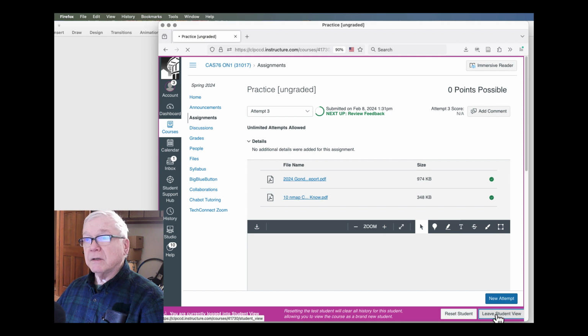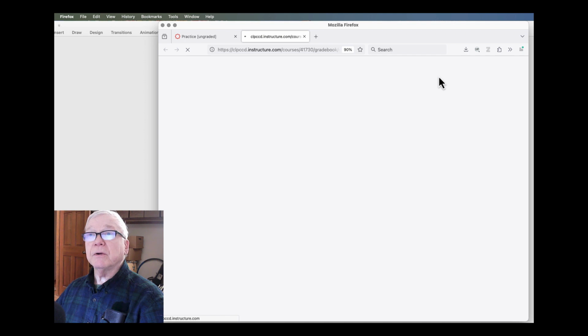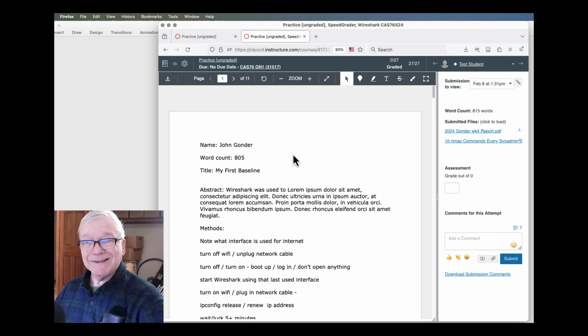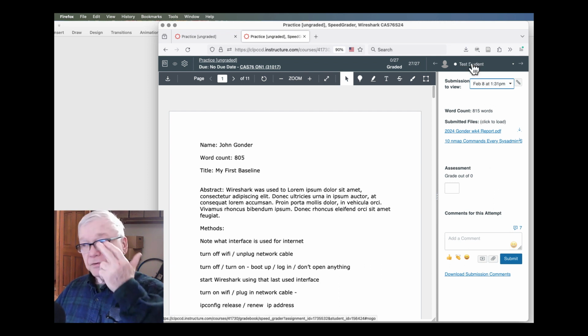And now let me go ahead and leave the student view for a minute so you can see when I go to grade it, I've got click on SpeedGrader and I can see what people have put up. It shows me initially if what they put in is renderable inside Canvas in this view. It will show me what was put up there, and up here in the right I can see previous submissions. If say I left something out and then I put the second part of it in, then I can go, yeah, there's the first part, there's the second part. I can see what this is. I can give it a grade. And the student list is here, so I can go through the list of students who've submitted something. Okay, cool.